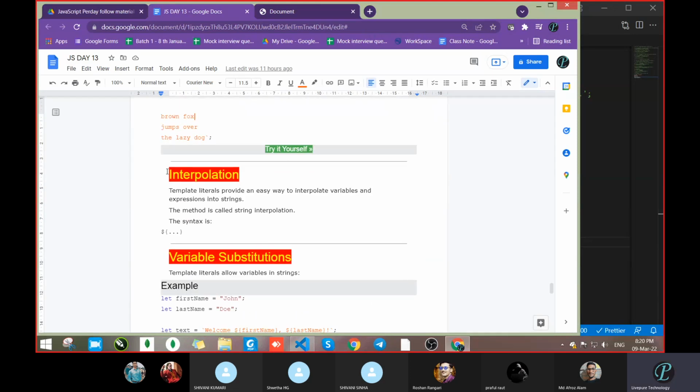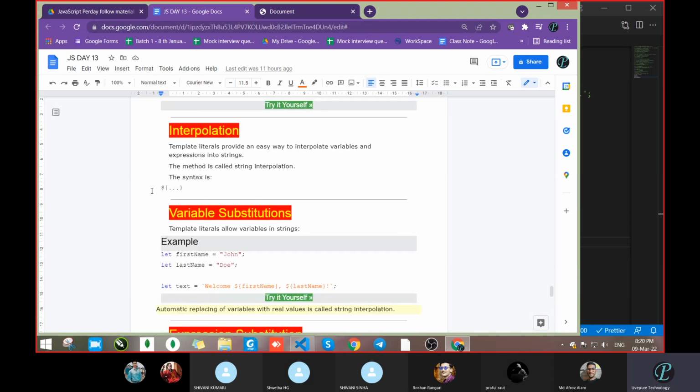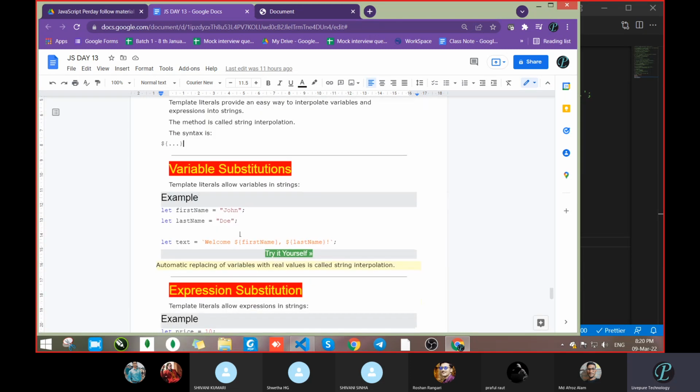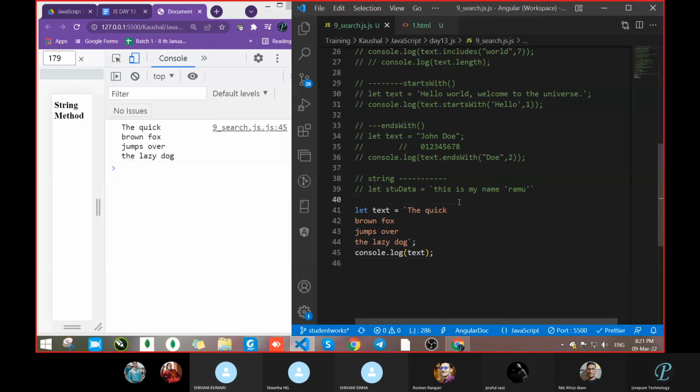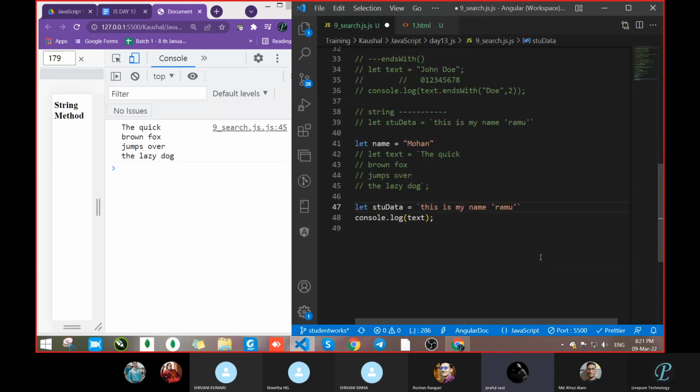Next, interpolation. What is this? Template literals provide an easy way to interpolate variables and expressions. We had already seen variable passing. See this, welcome, and this one. We know or not? You have to pass let name equal to Mohan. So how will you pass this Mohan variable? console.log name. So we will take here Mohan.